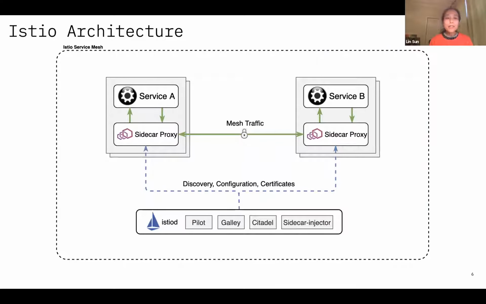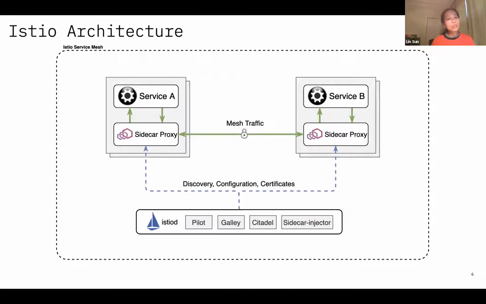Bill also talked about Istio architecture earlier. I want to quickly highlight that the Istio community has done a lot of simplifications over the past year, so that we actually consolidated our control plane into one single component. What Istio does that's interesting, as part of the service mesh architecture, is that as the service developer, you are not spending a lot of time figuring out how to connect to the other services. How do you handle network failures?